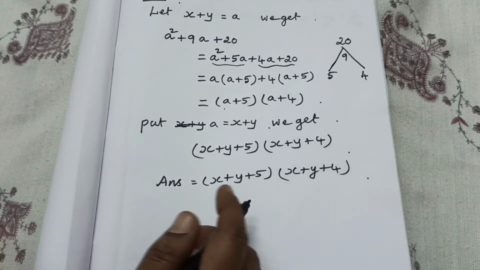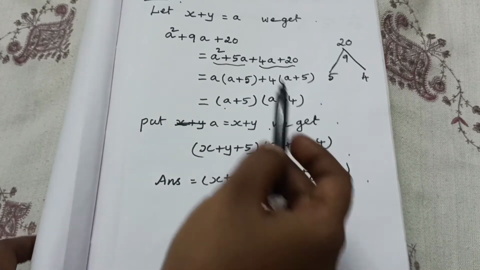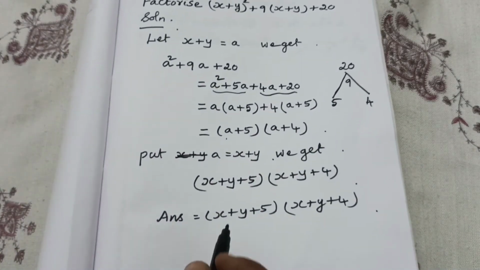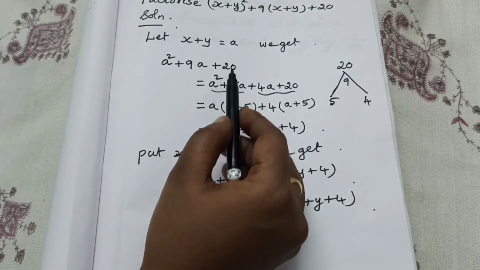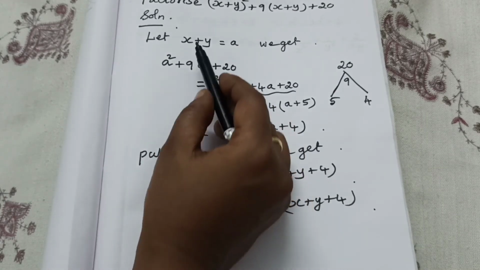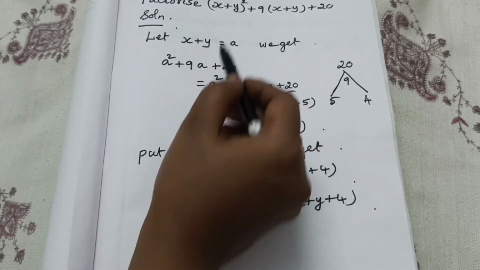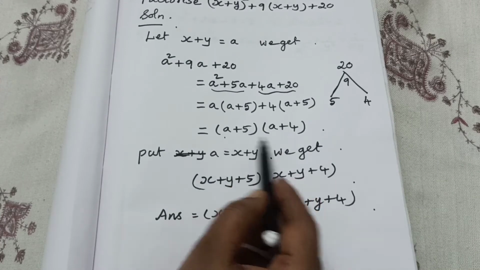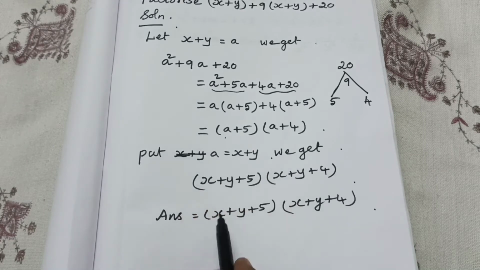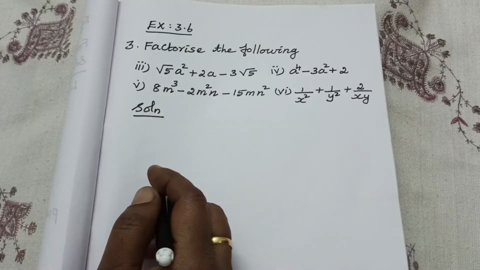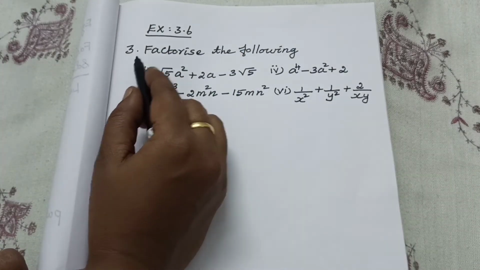That's the answer. I understood how many factors? Two factors we got. If you multiply these two, the same question only you will get. Okay? Don't confuse it. Have you understood this one? X plus y may be somewhat difficult for you. Okay, so only at the start itself we took x plus y as a. Instead of x plus y, if we substitute a, it is very easy. Then we will get factors. Okay, then afterwards, instead of a we have to substitute x plus y, then we will get the answer. Okay. Next one, exercise 3.6, third sum.